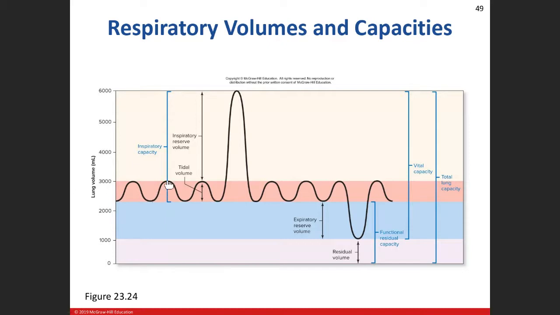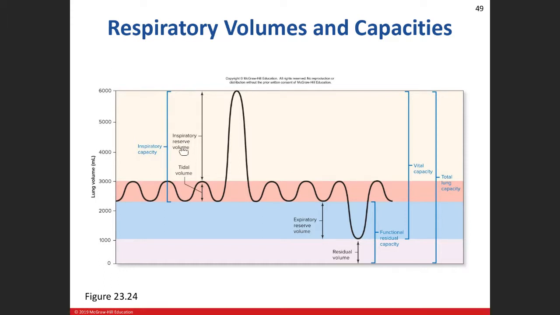At the top here is tidal volume. When you take a deep breath in, this big line here, the distance from the top of the tidal volume all the way up to the maximum amount that you're able to inhale,